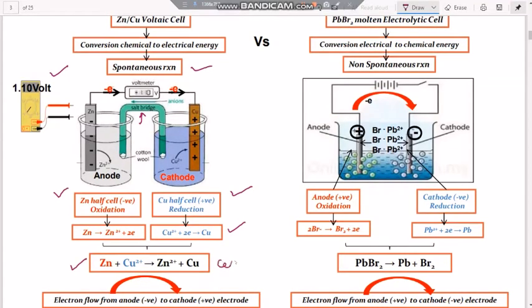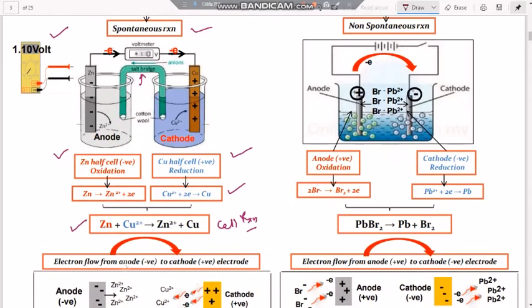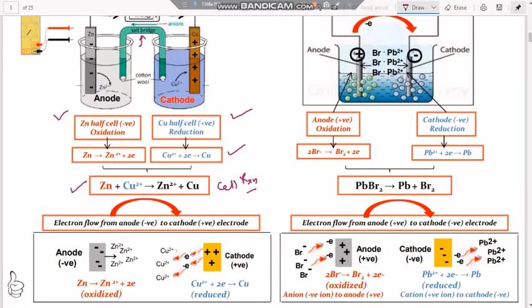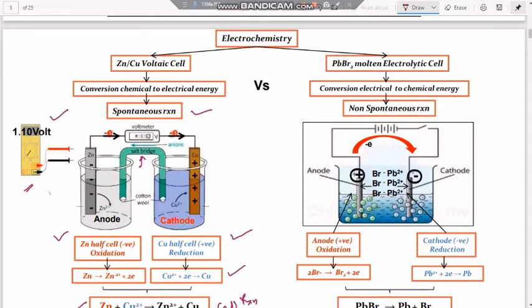This is nothing but the cell reaction. That is Zn plus Cu2+ gives rise to Zn2+ plus Cu. Electron flow is from anode to cathode, as we said earlier, which continues to take place as zinc loses electrons. Those electrons get absorbed by copper ions at the cathode. And this is the electrical energy, 1.1 volts, that will be generated, which is called